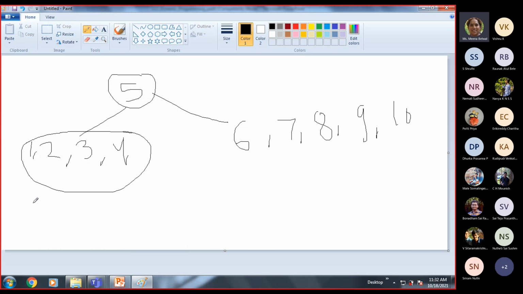That's why I'm calling that the problem is reduced to Ti minus 1. Simple. If I was 5, it is Ti minus 1.